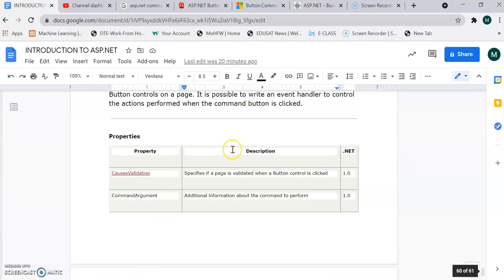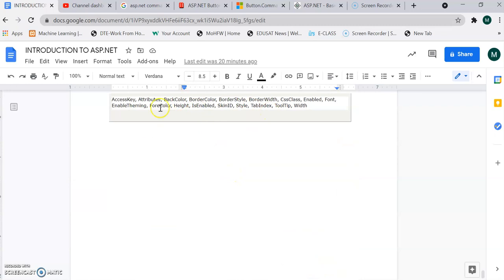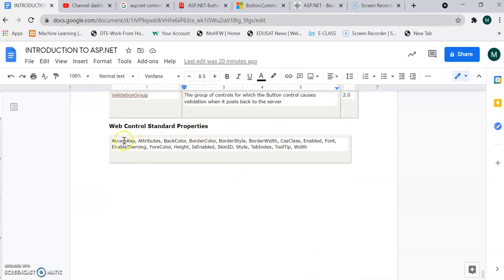So these are the important properties of the button. Along with these standard properties, just like access key, that we can set a shortcut key from the keyboard, and with the help of Alt and that shortcut key we can access that particular web control, that is a button. Attributes: back color, border color, then font style,